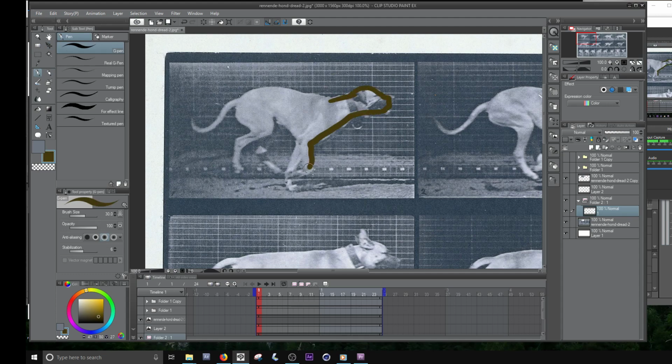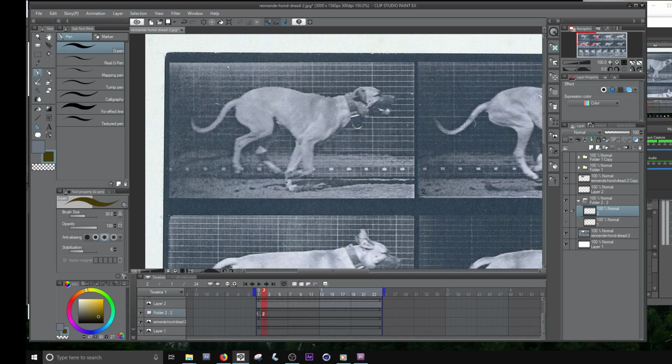So here's dog 1. Right? Draw it however you want it. Fill it however you want it. And then when you make a new frame, make sure I can show you what's going on right here. You could turn on onion skin so you can see a little bit of what you have, and then I would just move this over. So like,